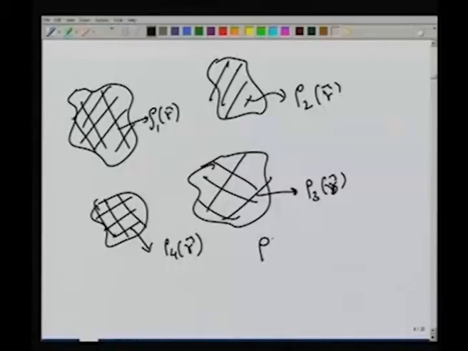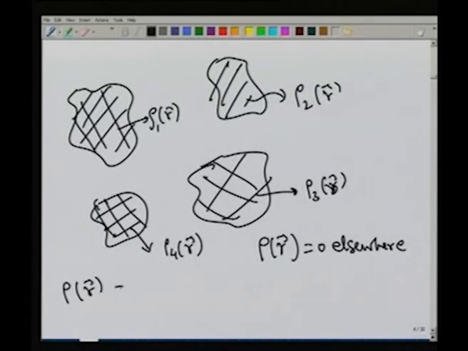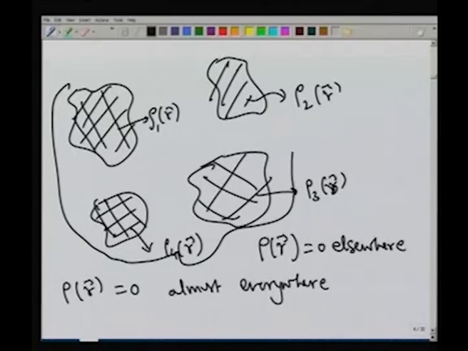But however, the space is infinite, that means that rho of R equal to 0 elsewhere. In fact, a stronger statement that we can make is that rho of R equal to 0 almost everywhere. Therefore, rho of R not equal to 0 only in certain finite region in space. If I don't want to be very careful, I can actually enclose all these in a big space and call this a region R, but still it is only a small finite region. Therefore, rho of R equal to 0 almost everywhere.